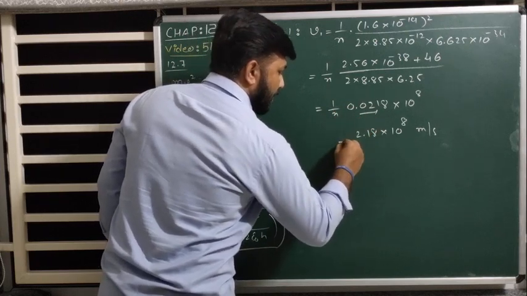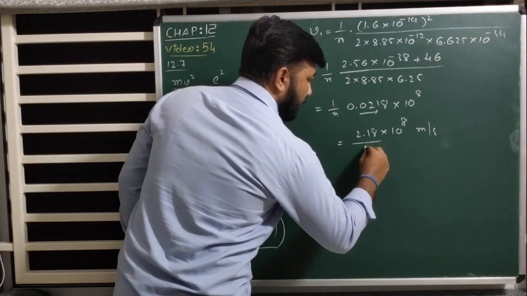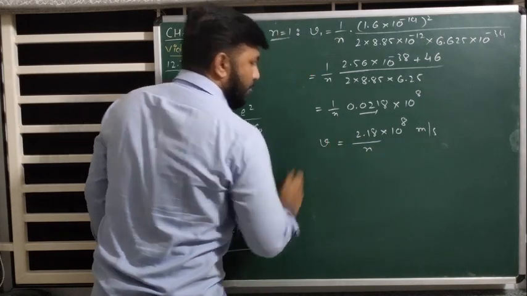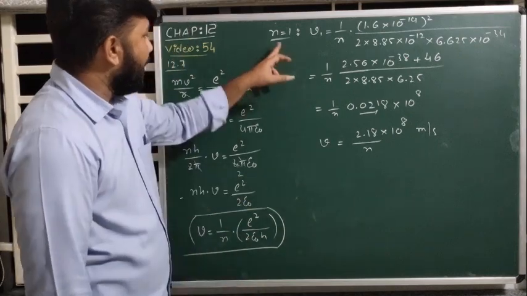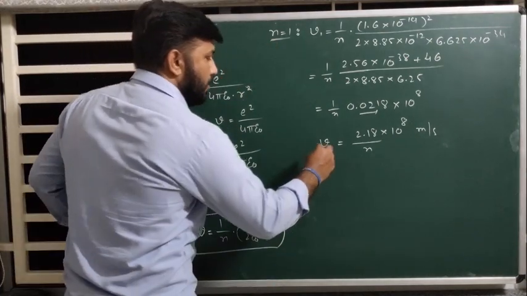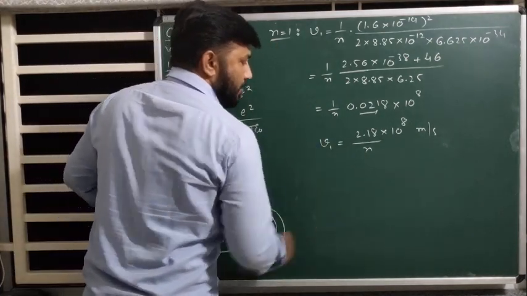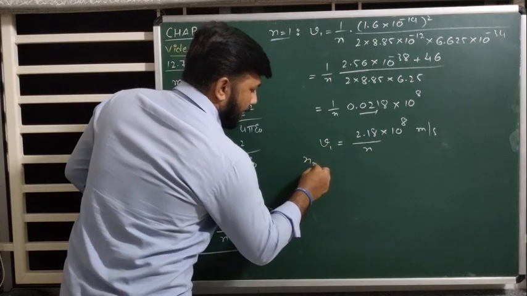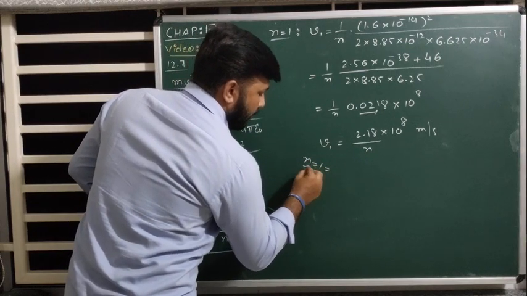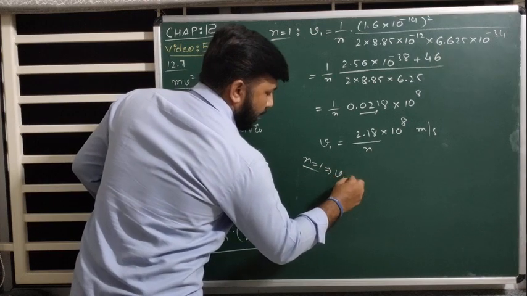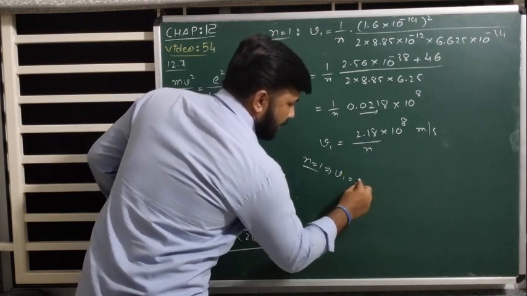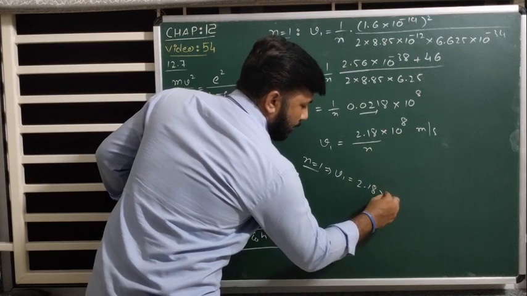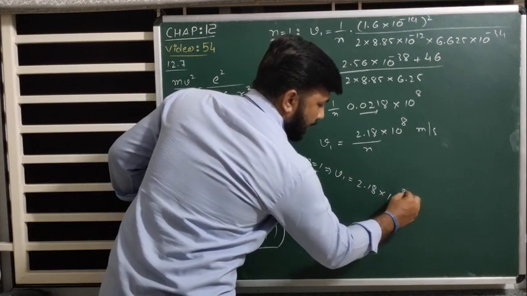So finally you are getting the equation of velocity like this. If you want to find for n is equal to 1, put n is equal to 1 here. For that, v1 is equal to 2.18 divided by 1, so it is 2.18 multiplied by 10 raised to 8